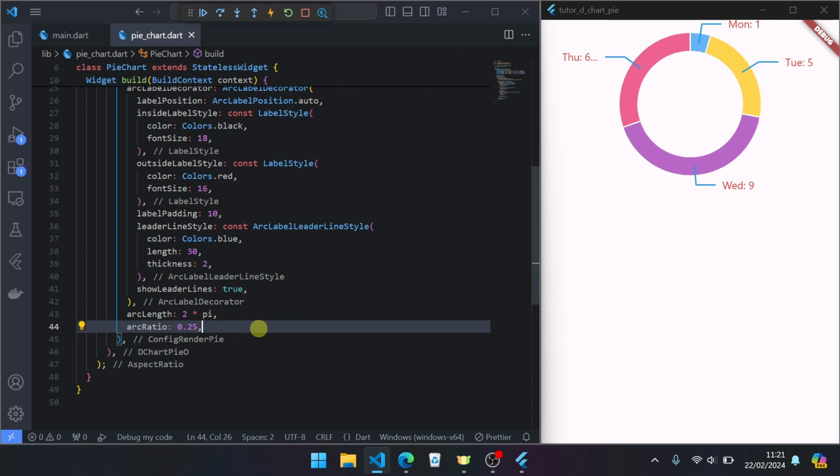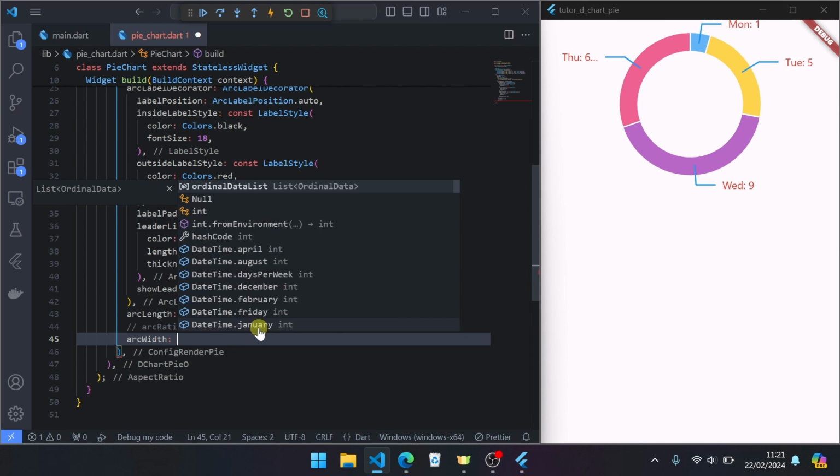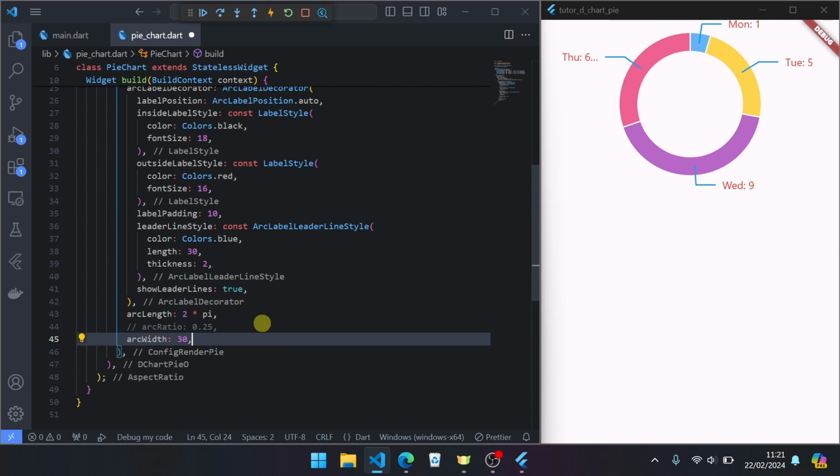If you want a fixed size, you can use arc width, for example, 30 pixels or 50 pixels or 20 pixels like this.